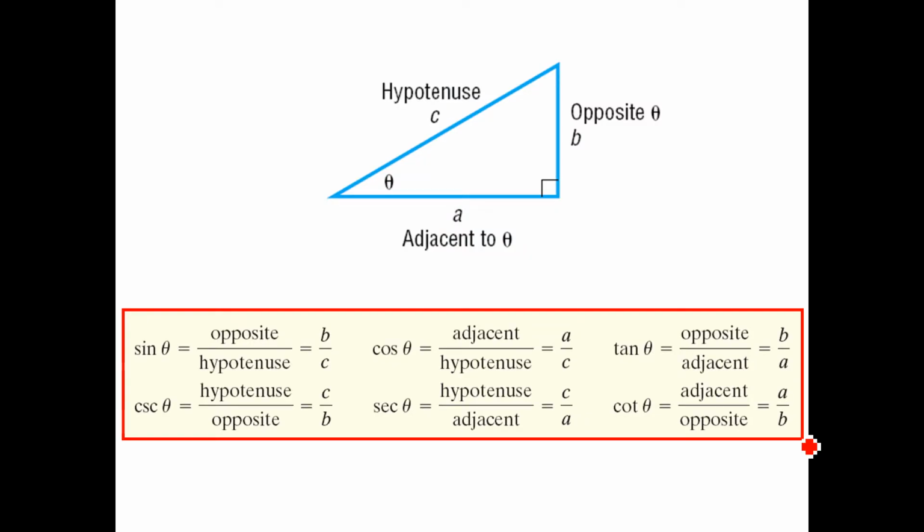Alright, if we look at the triangle here, those fractions again, a good way to remember this is the mnemonic SOHCAHTOA. Sine is opposite divided by hypotenuse. Cosine is adjacent divided by hypotenuse. Tangent is opposite over adjacent. Right, so you can remember SOHCAHTOA, and then you just need to remember that cosecant is the flip of sine,